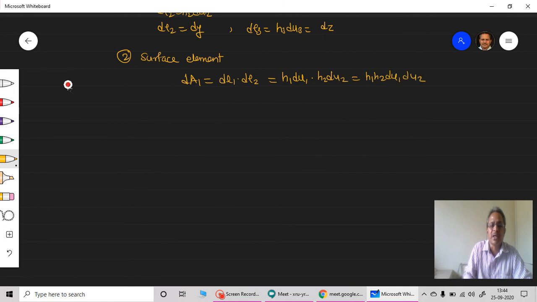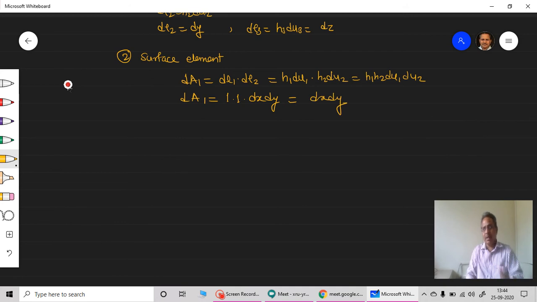So one of the surfaces is given by dA1 is equal to 1 into dx multiplied by dy, and that is what our differential surface element in the xyz or Cartesian coordinate system is: simply the product of dx and dy. And the third one, volume element,